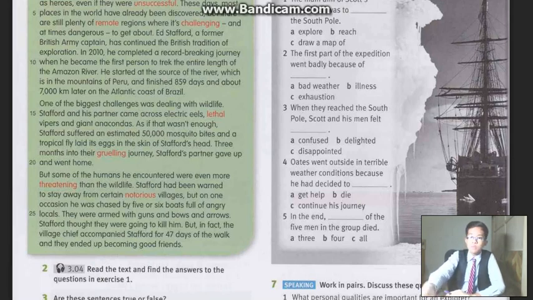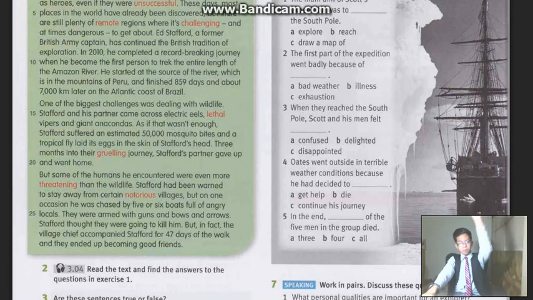They were armed with guns and bows and arrows. Stafford thought they were going to kill him, but in fact, the village chief accompanied Stafford for 47 days of the walk, and they ended up becoming good friends. Wow.